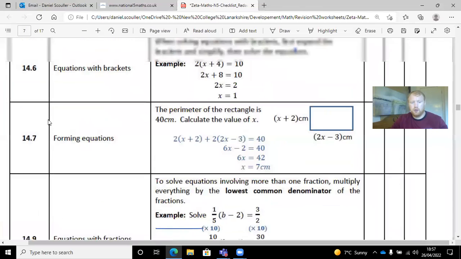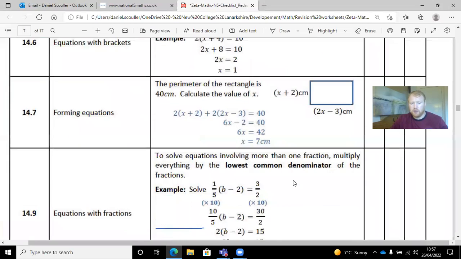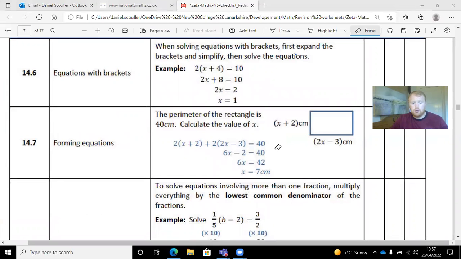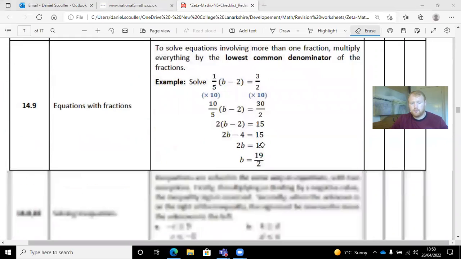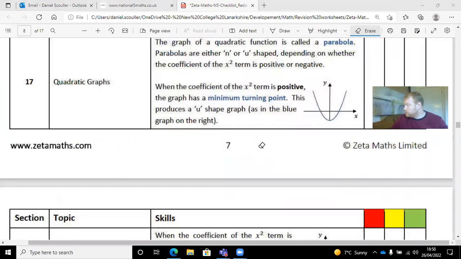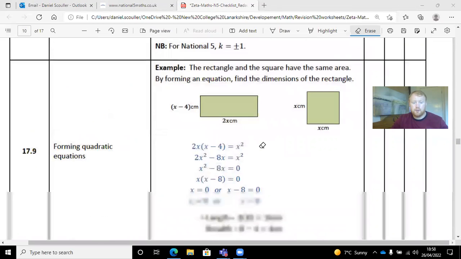Or, so that's 14.7. So that's just linear equations. Okay, so just your sort of basic algebra. So just your basic algebra. Okay, or 17.9. More commonly in the exam, okay,